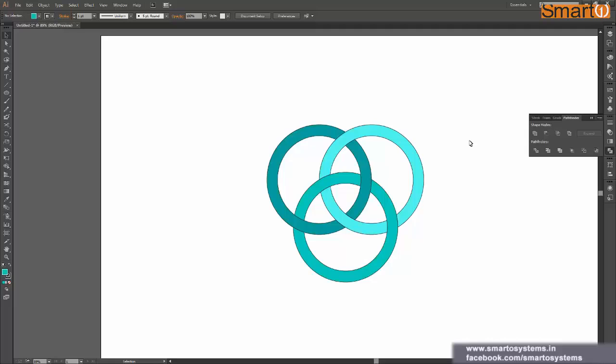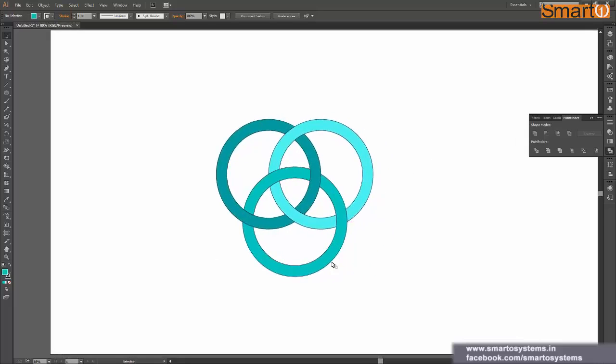And also, if you want to do this using Pathfinder, then I think it will be a lengthy procedure actually. I haven't tried using Pathfinder on such an example, but if you feel like you want to try Pathfinder also, please feel free and go ahead and try to make something like this using the Pathfinder options also. Okay, so I think we have learned enough about the shape builder tool, and this example actually conveys everything about it as well. So it's time to learn about the next tool, that is the pen tool.